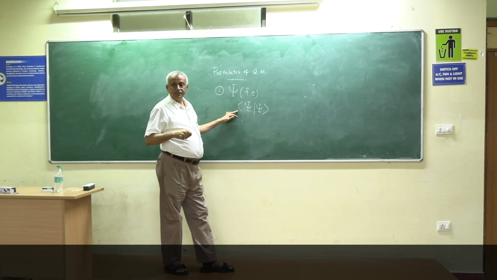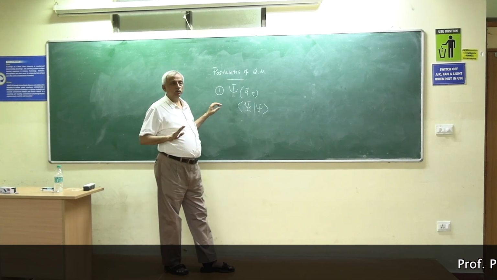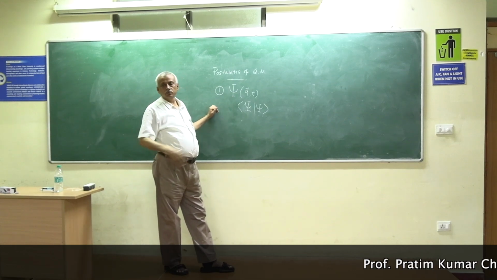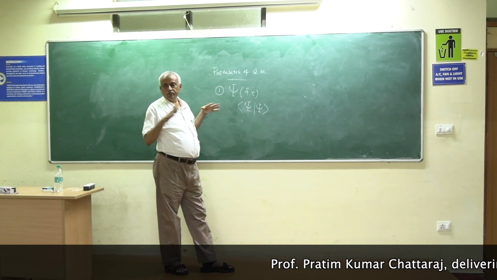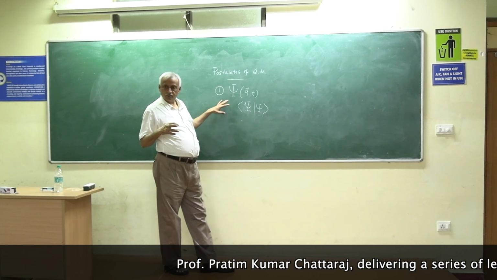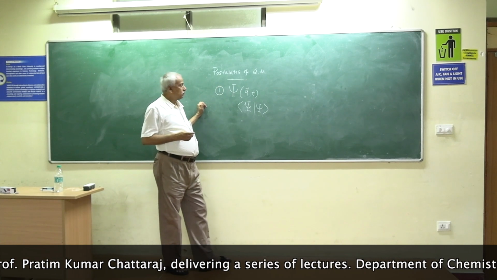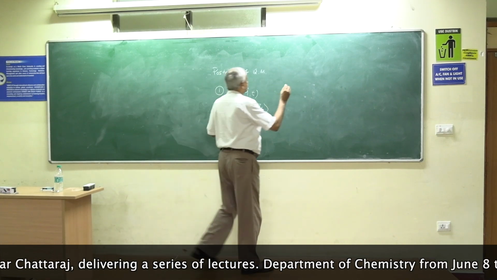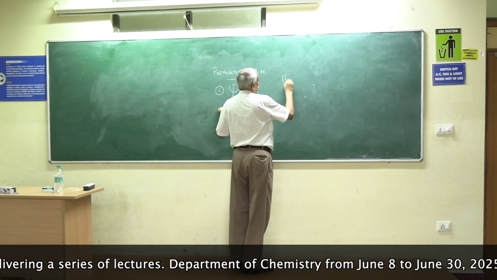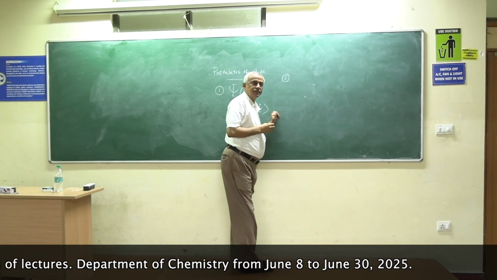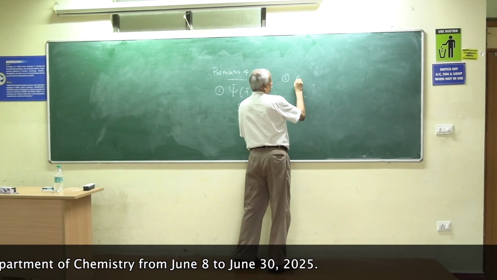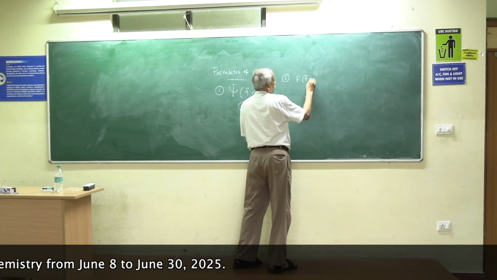But this one is integrated, so this will give me the total probability in the whole coordinate space, whatever the configuration. So this is postulate 1. Postulate 2 is the operator postulate. For each dynamical observable A, which is a function of q and p,